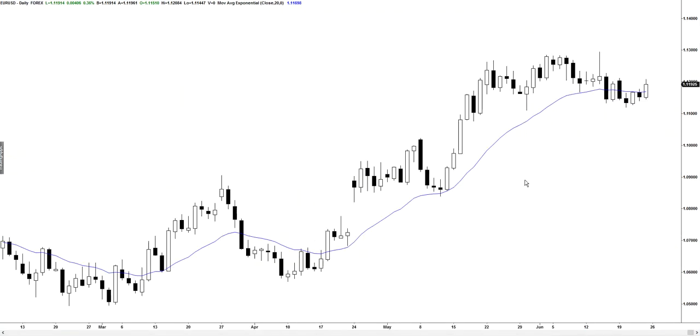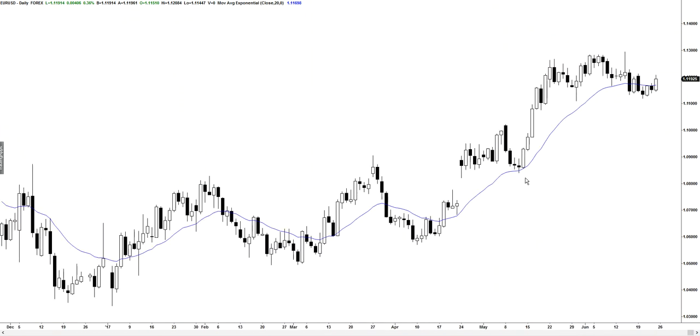I'll look at the euro dollar real quick because I know a lot of people like to trade that. I typically trade it very little just because I like the dollar yen more, and I typically like to really try and focus on just one market, just because if you look at any chart, there's an incredible number of trades, and the more you understand what's going on with that market, the better your chances are. So anyways,